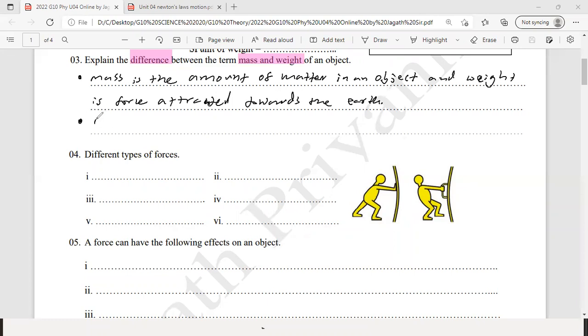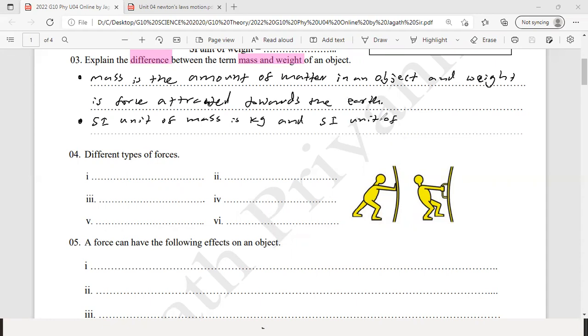And one more thing you can write, mass is measured in kilogram. The SI unit of mass is kilogram and the SI unit of weight is Newton. So you better copy down in point form, then it's easy to remember and study. So one difference,